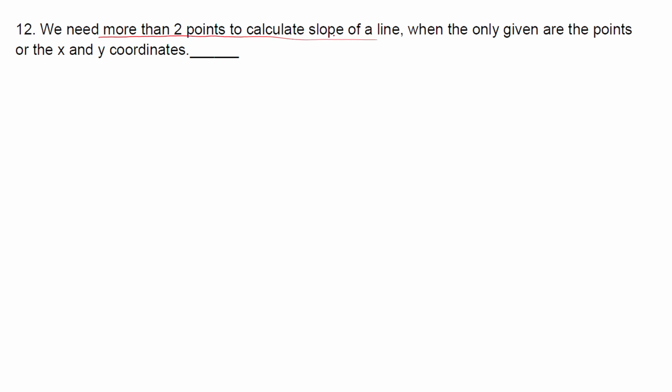Number 12, we need more than 2 points to calculate the slope of a line. Actually, I keep on repeating this during class that we actually need just 2 points, right? To find our slope. We just need two, not more than two. Okay? And actually when we have this exemption, right? That at some point when we have